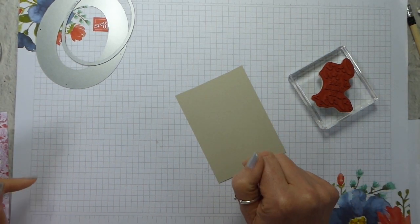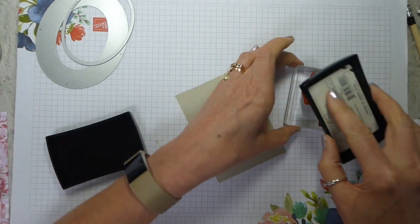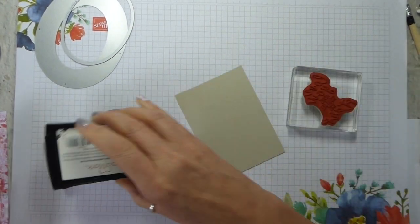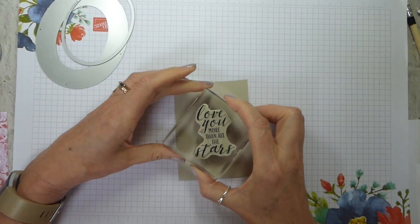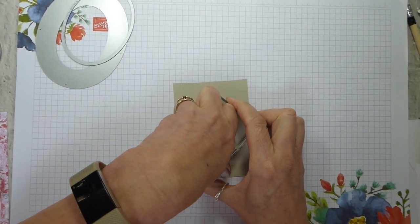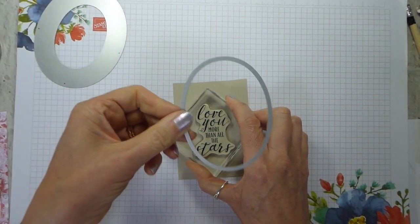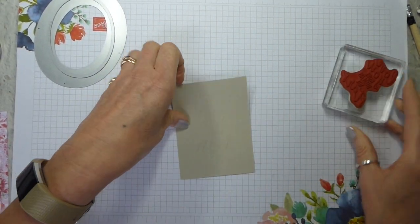So I've prepared my Sahara sand with my embossing buddy. Then I just need some Versamark ink, and ink up my stamp, and stamp that in the middle of this. This is just a scrap of Sahara sand. It needs to be big enough that you can use the largest of the straight oval dies,